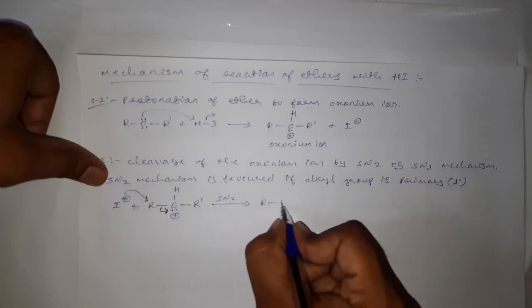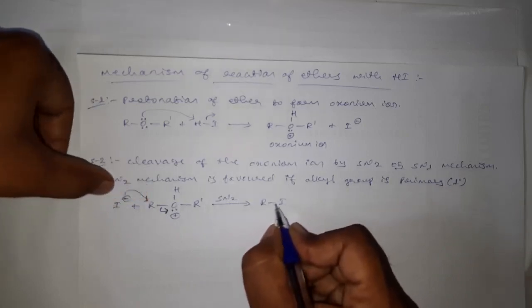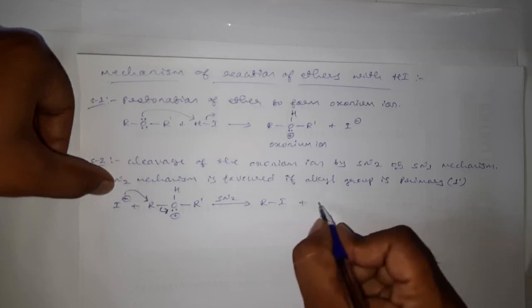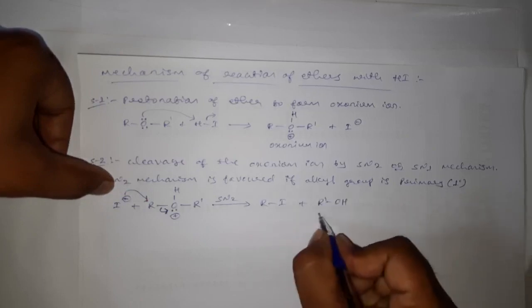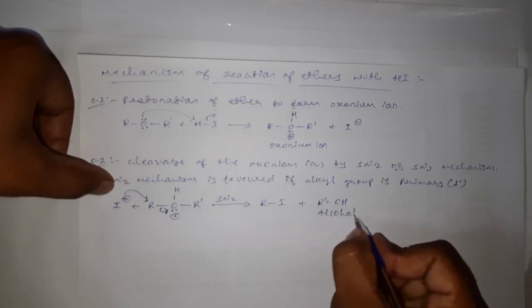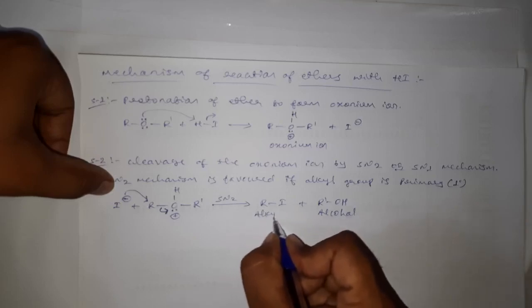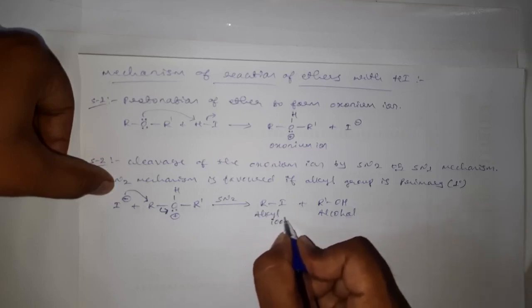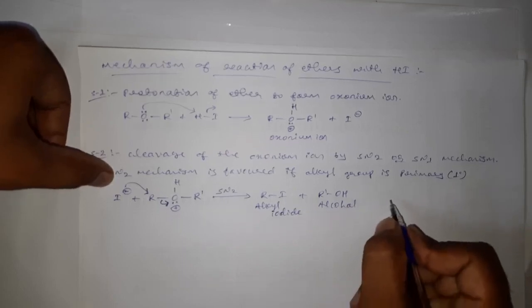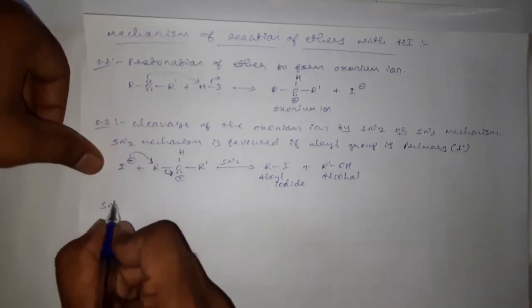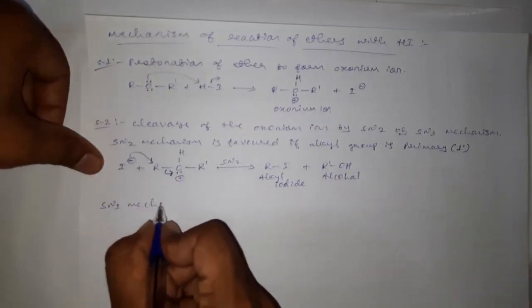And here we will get RI, that is alkyl iodide, and alcohol. Okay, and